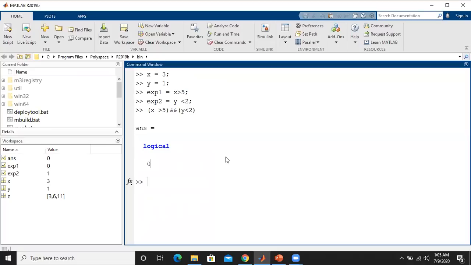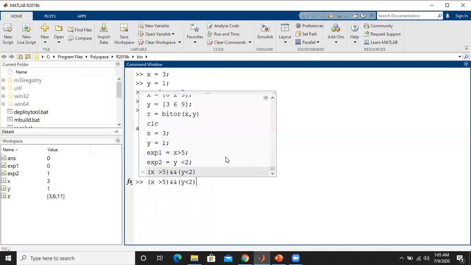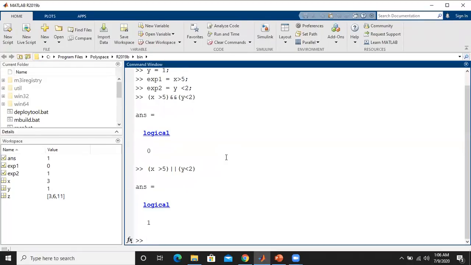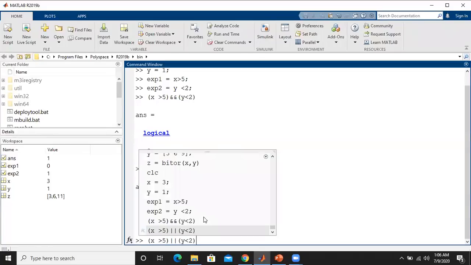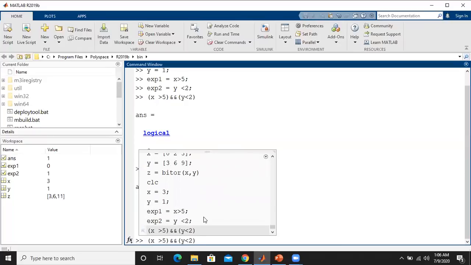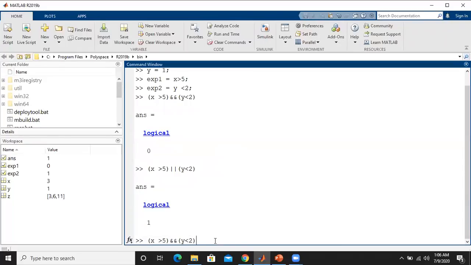So just press the upper arrow so that the previously entered command window instructions can be accessed. So I just pressed it. Then I go for the AND operation here. The previous values considered above will be assigned again. So here I will get the answer as logical 1, right? So when you press the upper arrow, you can access all the commands which were previously entered in your command window. That is the beauty of this.